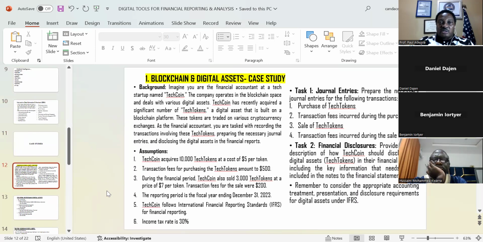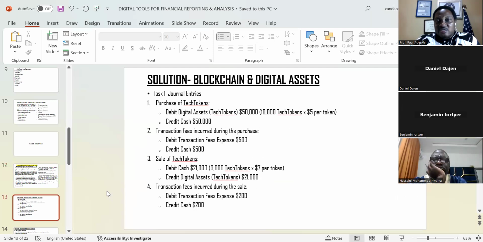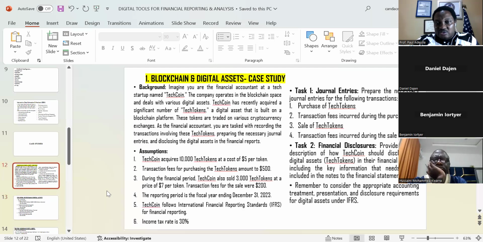See the first case study here: blockchain and digital assets. When you have the notes or the materials, you go through this one. It's just all about debit and credit. I want to go into the case study that will require technology. See, the solution is even there for this case study.